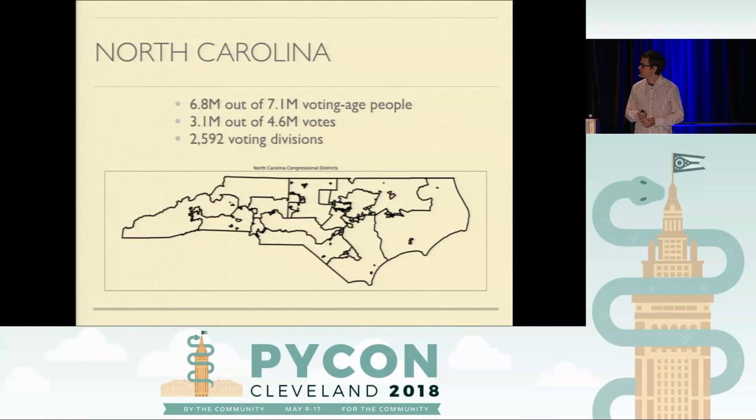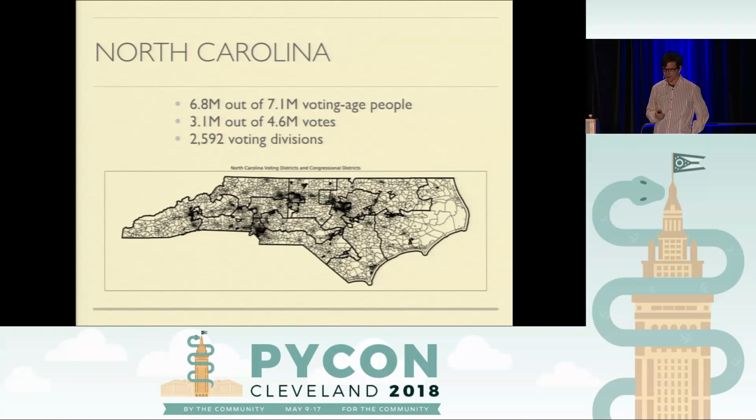What I've got up here is a map of North Carolina with the congressional districts drawn. You'll see some little islands of lines in there, and those are the precincts that are missing from my data set. That was just not being able to match up the census with the precinct level data. We can layer the precincts onto this. We had about 2,600 precincts in our data set, and we're going to have estimates for each of those. I should mention that in King's original paper, he did this for 260 voting precincts, so we're about an order of magnitude bigger with the amount of data we're working with here.